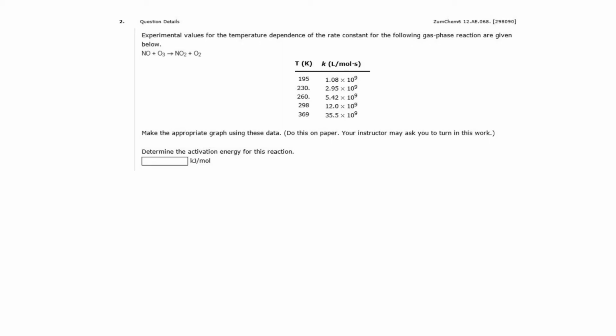In this problem, they're giving us temperature and rate constant data for a reaction that was carried out at several different temperatures. They're asking us to produce a graph. I don't need you to turn this in on paper, but I do suggest that you use your graphing calculator to produce the graph. First things first, before we get into the exact calculator menus to use, the Arrhenius equation